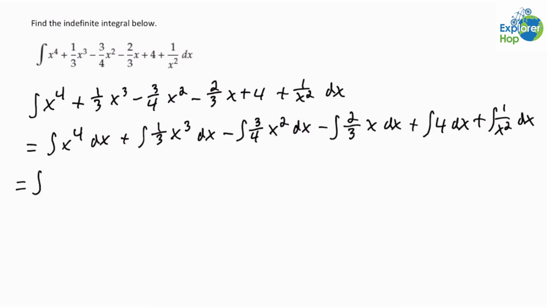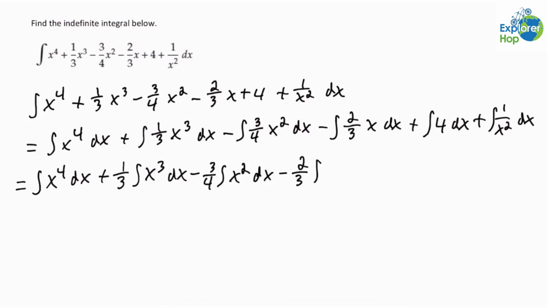the integral of x to the power 4 dx plus 1 over 3 times the integral of x cubed dx minus 3 over 4 times the integral of x squared dx minus 2 over 3 times the integral of x dx plus 4 times the integral of x to the power of 0 dx and plus the integral, and I'm going to rewrite 1 over x squared as x to the negative 2